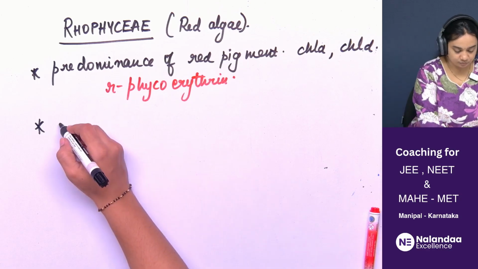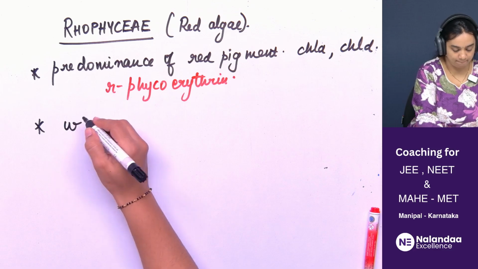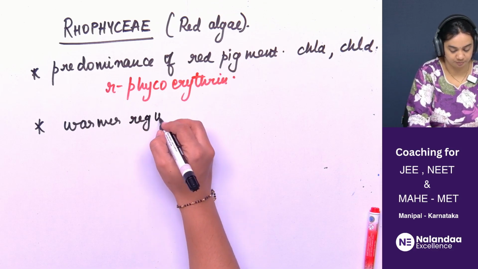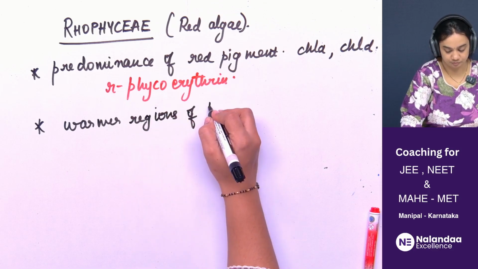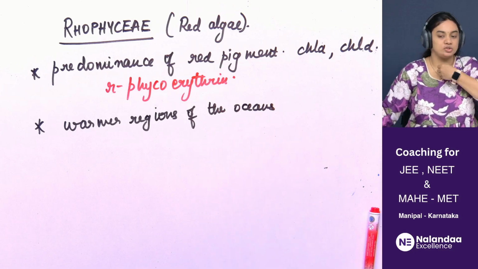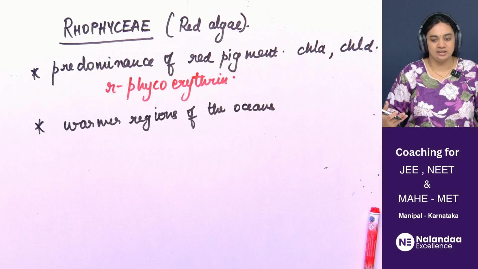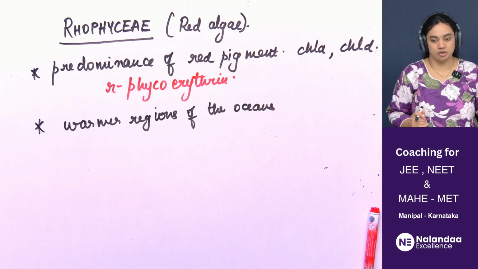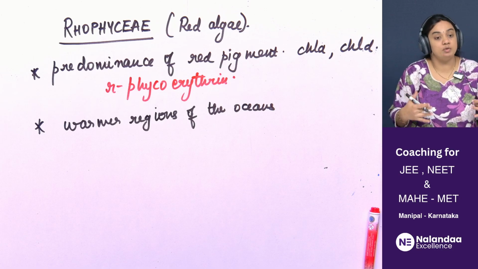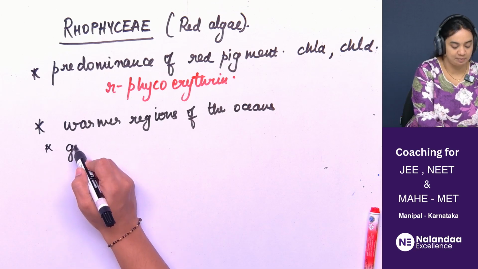And then over here, red algae mainly occur in warmer regions of the ocean, which means there is still high temperature as compared to the temperature at the bottom of the ocean. So usually found predominantly in warmer regions of the ocean, although some may be found at great depths